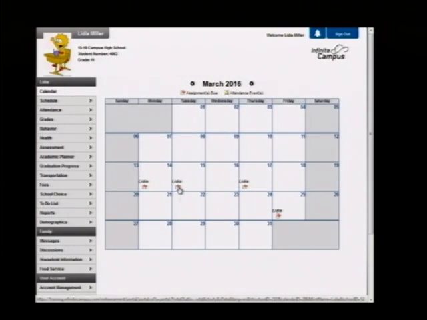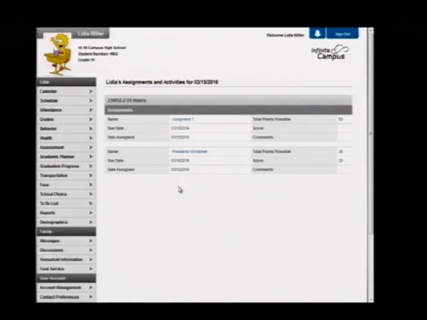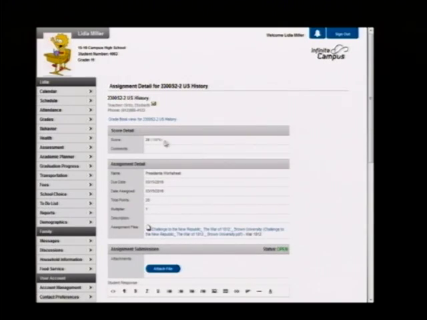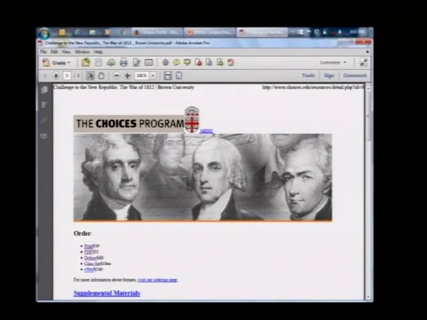And if I go to the 15th, I can click on that, and I see that we have 2 assignments. One maybe was a classroom assignment, and the other one was a work product that I wanted them to take home with them and bring back to me. So if I click on this worksheet here, I see the assignment details, all the things from when it was assigned, and the description of it that the teacher put on that assignment. And here is the attachment that I wanted the student to print out and fill out.